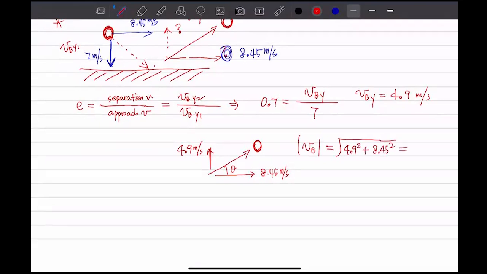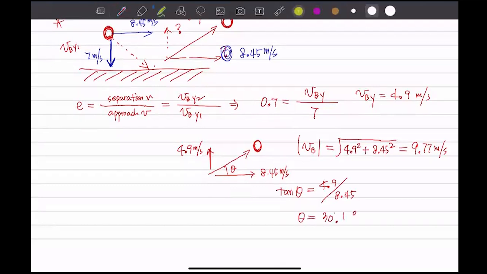And that is going to be about 9.77 meter per second. And if you're interested to find this angle, tangent theta is going to be 4.9 divided by 8.45, right? So you can find theta, that is about 30.1 degree. Okay,